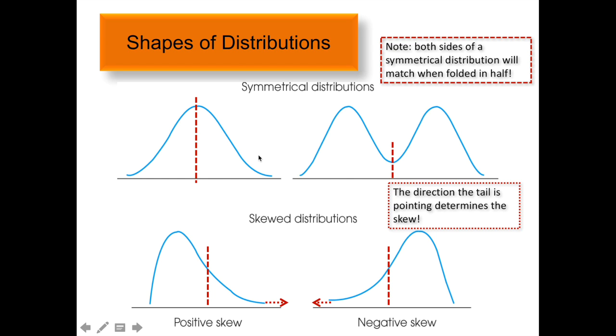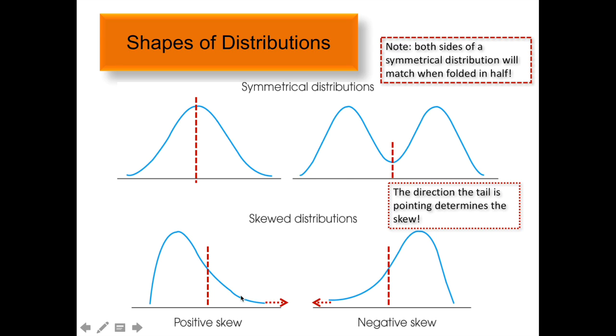Both sides of a symmetrical distribution will match when you fold that piece of paper in half. Okay, so you have symmetrical distributions, and then you also have skewed distributions. Again, this is the frequency, and this is the score. With a positively skewed distribution, the bulk of your data is going to pile up on this left-hand side, and